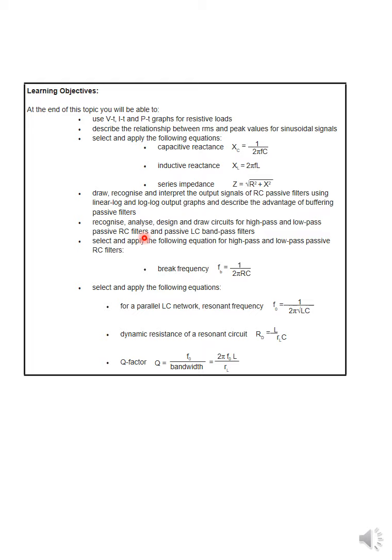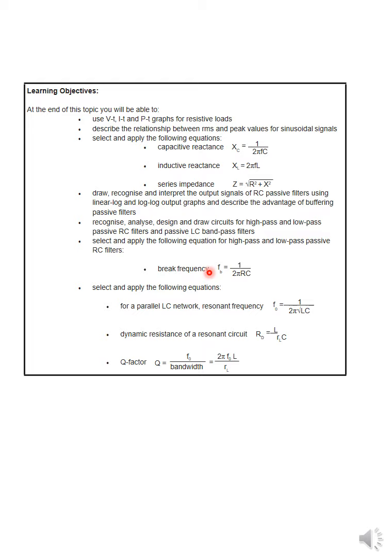But in basic terms, active means the filters which are made with the help of active components like your transistors, and operation amplifier is basically made up of transistors only, so it is also called an active device. And your passive devices are your resistance, capacitance and inductance. These all things we covered in your resonance chapters. The only new thing is the break frequency.